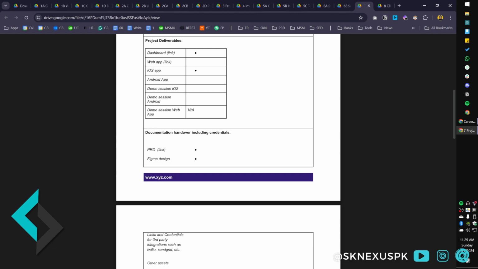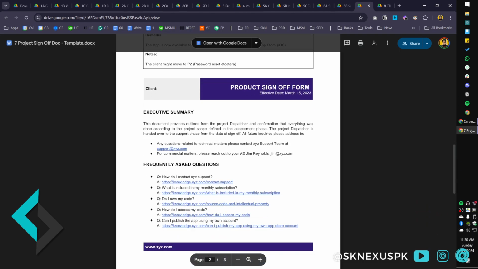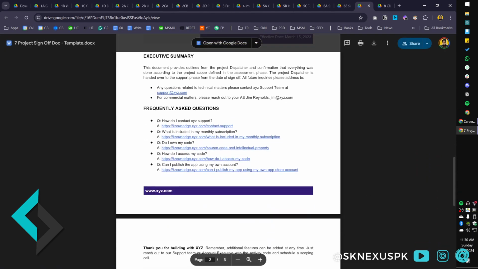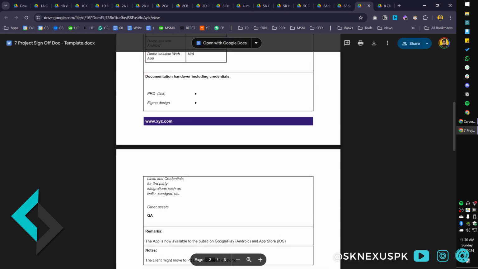A lot of agencies have a bad reputation in the market. And it's usually because they don't do this. They abuse client relationships. They don't give access to the clients properly once the project is done. And then the clients get burnt up, and freelancers and agencies get a bad name. So yeah, have a project sign-off document once the project is completed. Have some FAQs there. It's a really good client satisfaction experience.